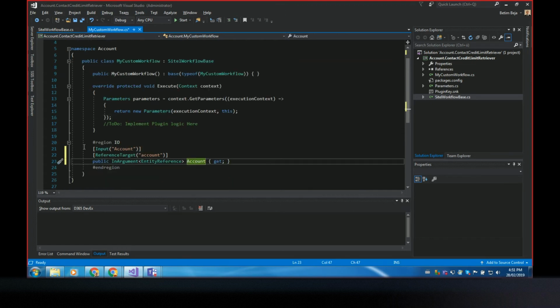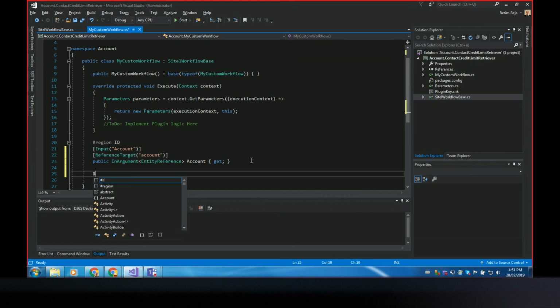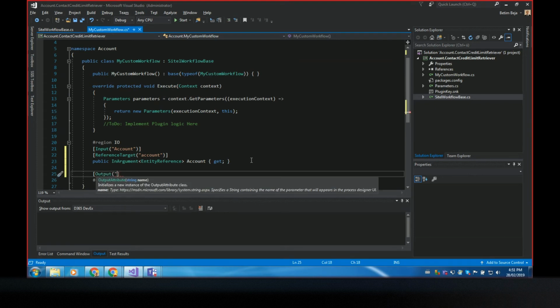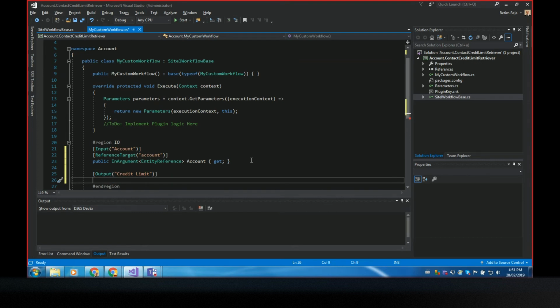But the in argument, for example, or the out argument, which we will specify, output will be credit limit, public out argument